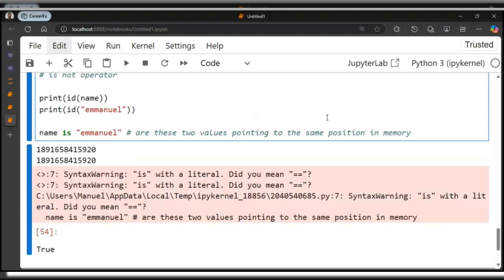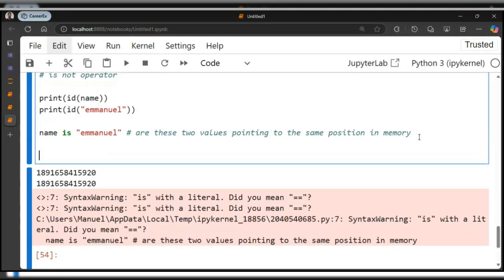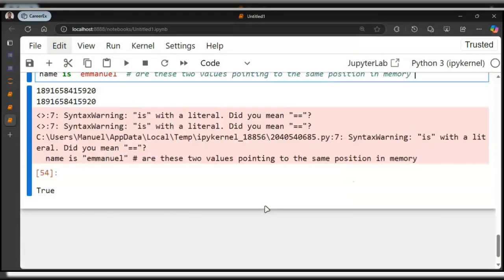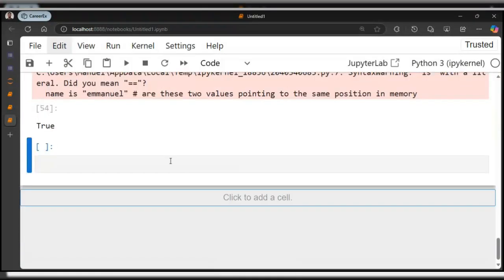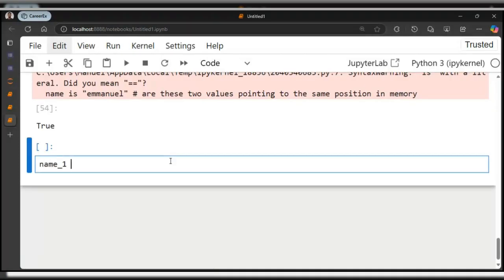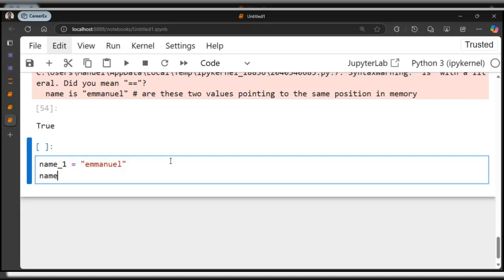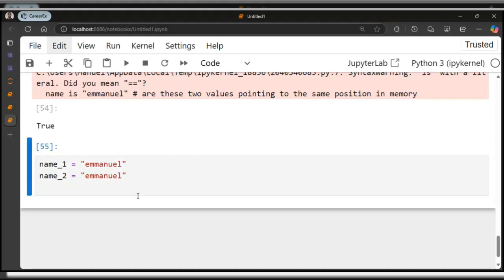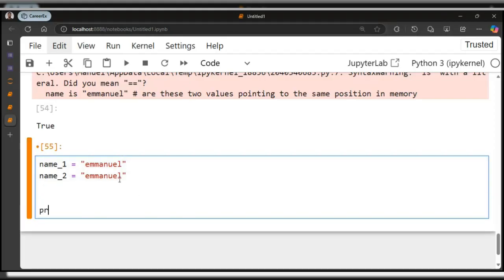Now let me come here and create variables. Let me create a new cell. Let me see, name1 equal to "Emmanuel", and name2 equal to "Emmanuel". So if I come and print id of name1,